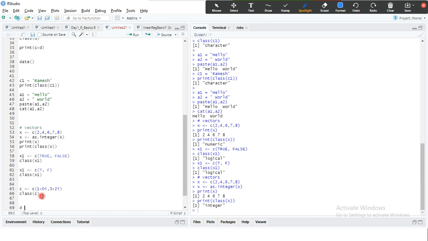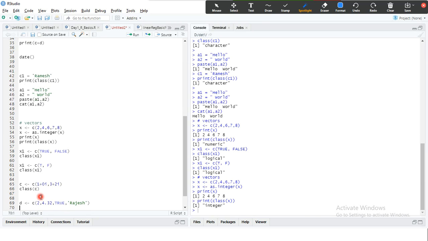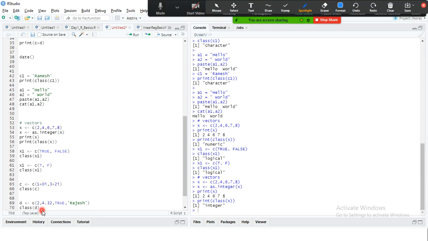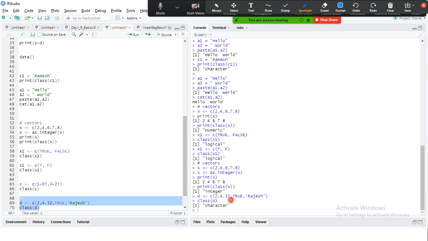But you might be wondering, when you try to create something like this, for example, 2, 4.33, 32, true, Rajesh. Even though you specify multiple data types in a vector, the string data type, the character data type, always takes the higher precedence.